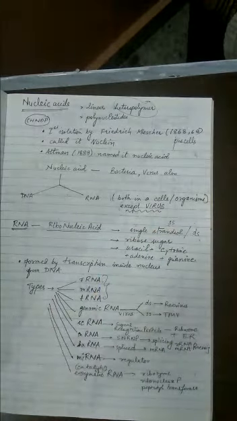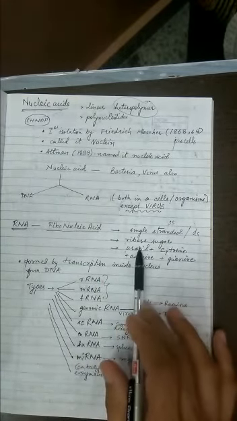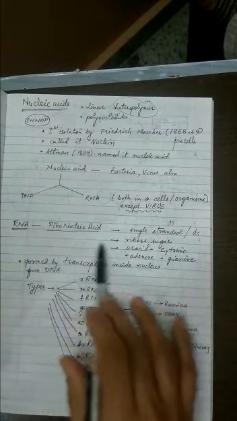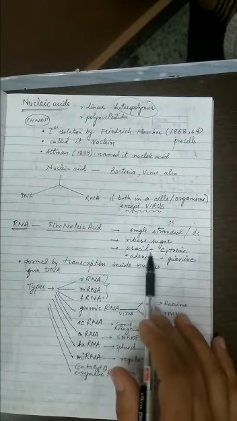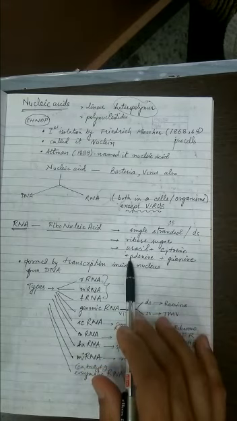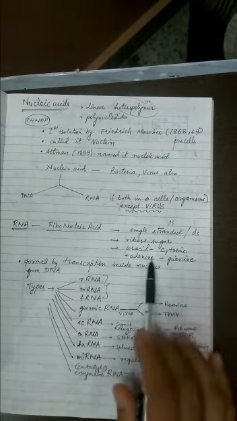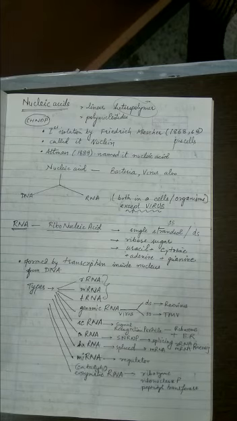Then RNA carries ribose sugar, which is a reactive sugar, because the second position has a hydroxyl group attached. RNA is reactive again because uracil is present. Uracil is reactive in nature, and the nitrogen bases present in RNA are uracil and cytosine. These are the pyrimidines, and adenine and guanine are the purines. And RNA is formed by transcription inside the nucleus from the DNA. Please remember, DNA is the